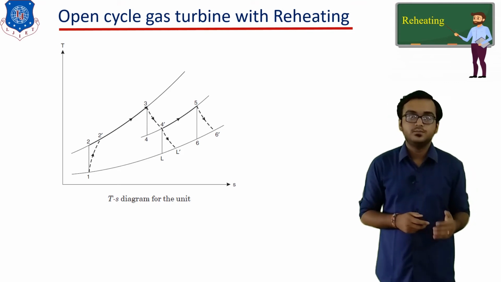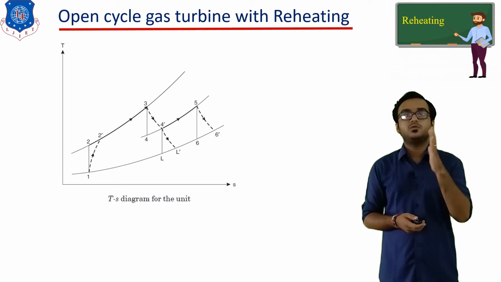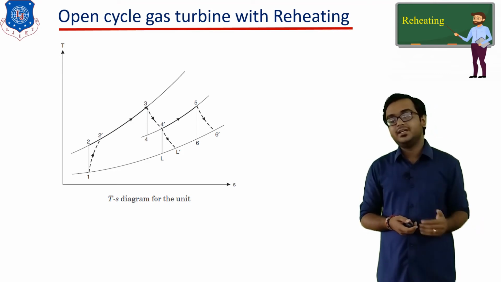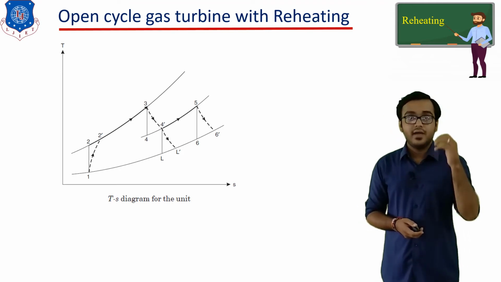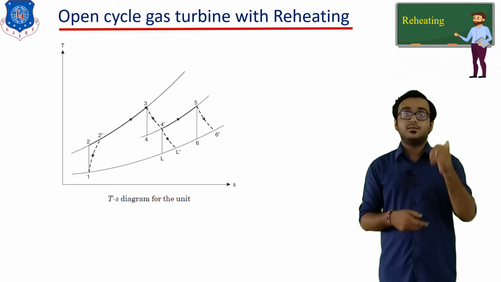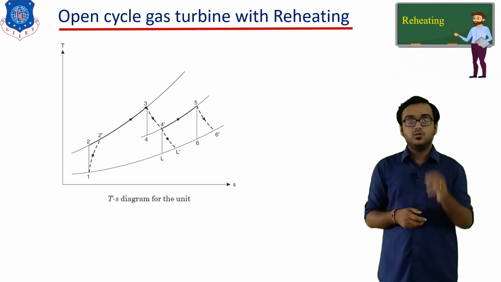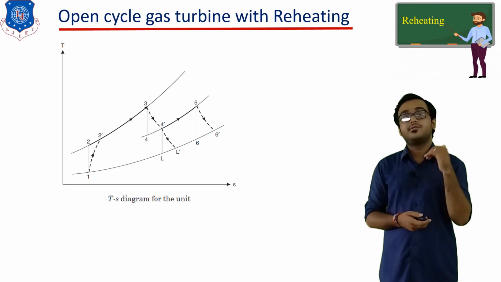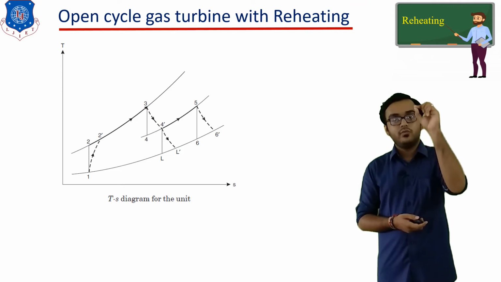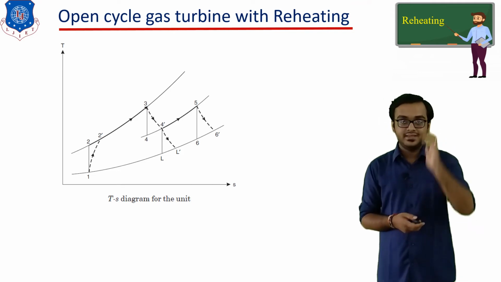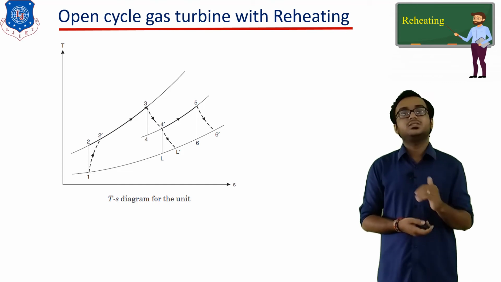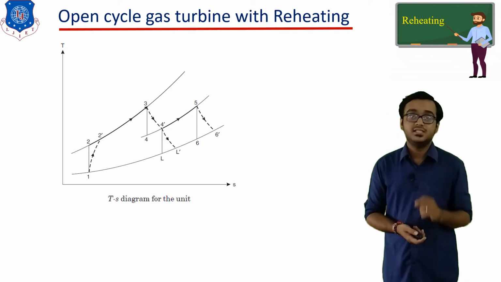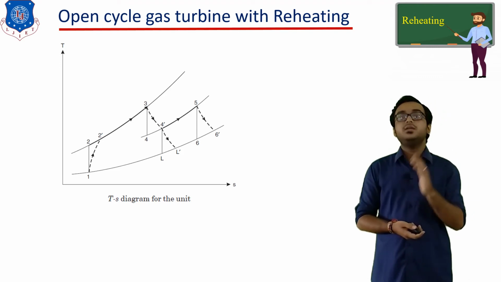Okay. Then 5 to 6 is the expansion process which occurs inside the low pressure turbine. So whatever gases are coming from combustion chamber number 2 are directly allowed to flow through the turbine, so that the turbine is capable of producing work. During the flow work inside the turbine, pressure as well as temperature both are dropped. So here we need to plot one vertical downward line which indicates the expansion, and that is 5 to 6. 5 to 6 is the ideal expansion during which entropy remains constant, while 5 to 6' is our actual expansion during which entropy increases.